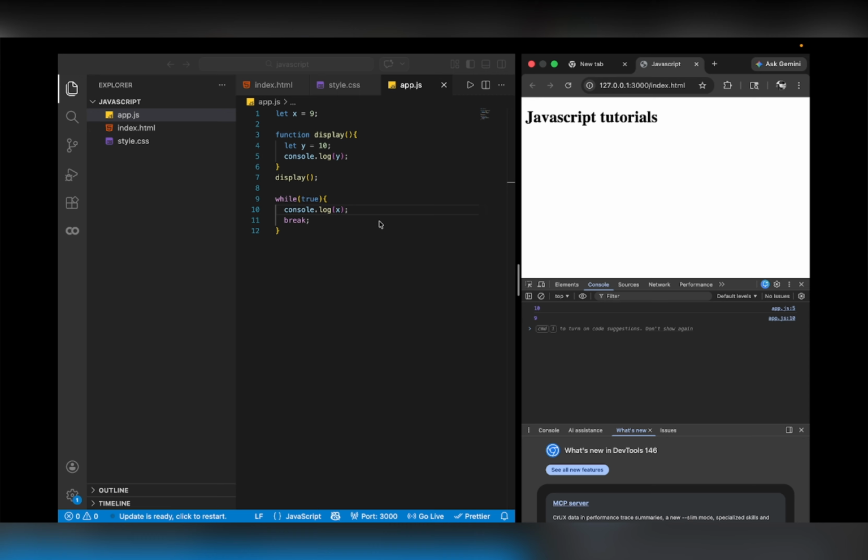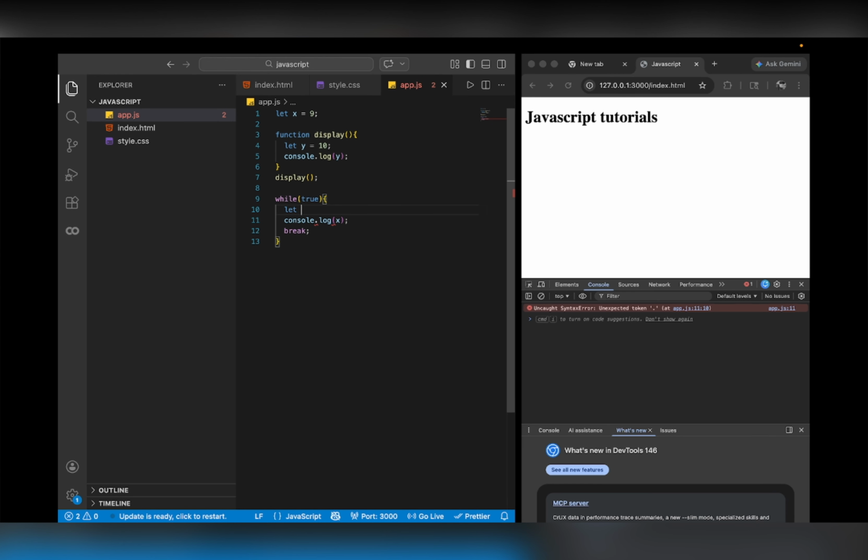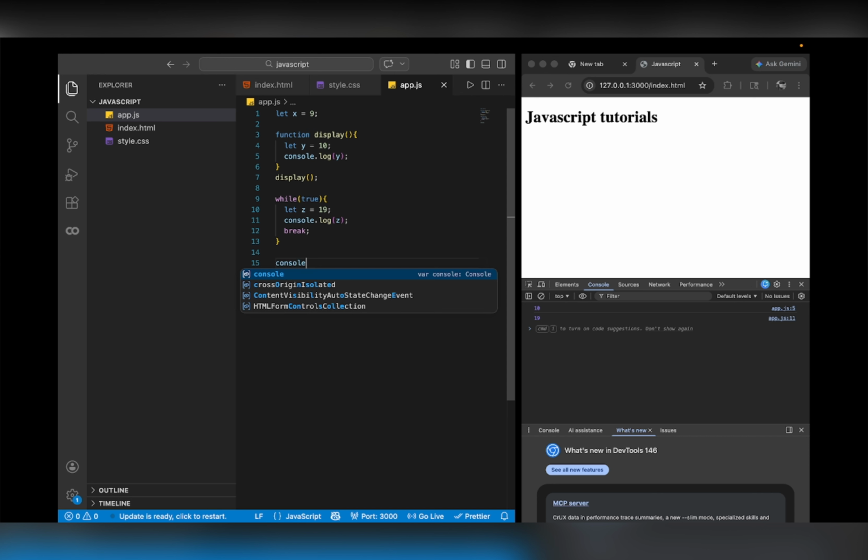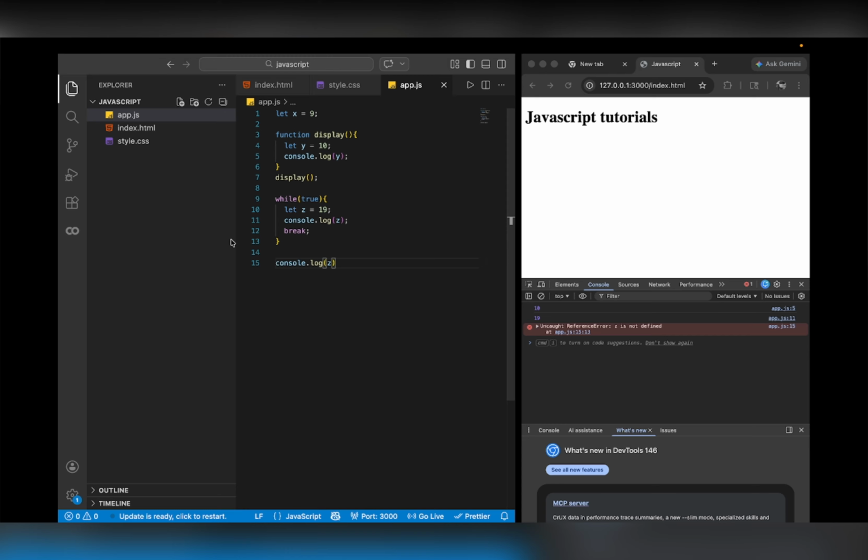तो ये था फंक्शन स्कोप। अब ब्लॉक स्कोप क्या है, जैसे व्हाइल के कोड के ब्लॉक में अगर हम लोग कोई वेरिएबल को डिक्लेयर करें, जैसे z, इसका वैल्यू हम लोग रखते हैं 19, और यहाँ पे हम लोग z को प्रिंट कराते हैं, तो यहाँ पे आप देख सकते हो कि हम लोग z को प्रिंट करा पा रहे हैं 19 को। लेकिन अगर हम लोग इस कोड के बाहर z को एक्सेस करना चाहें, तो वो हम लोग नहीं कर पाएंगे। सी, यहाँ पे रेफरेंस एरर आ चुका है, क्योंकि z का स्कोप बस इस ब्लॉक, इस कोड के ब्लॉक में लिमिटेड है, इसी में हम लोग इसको एक्सेस कर पाएंगे और बाहर हम